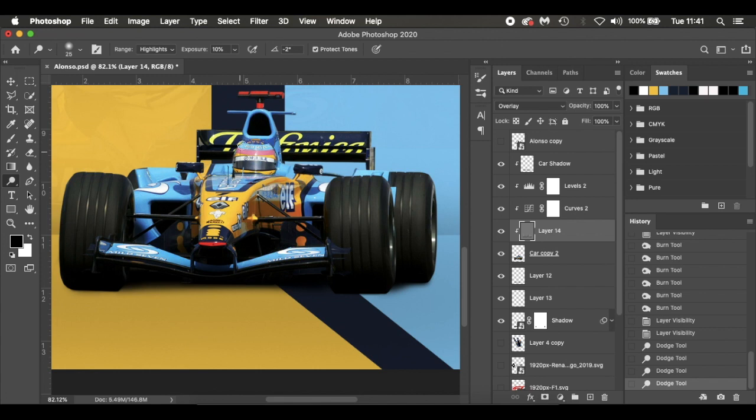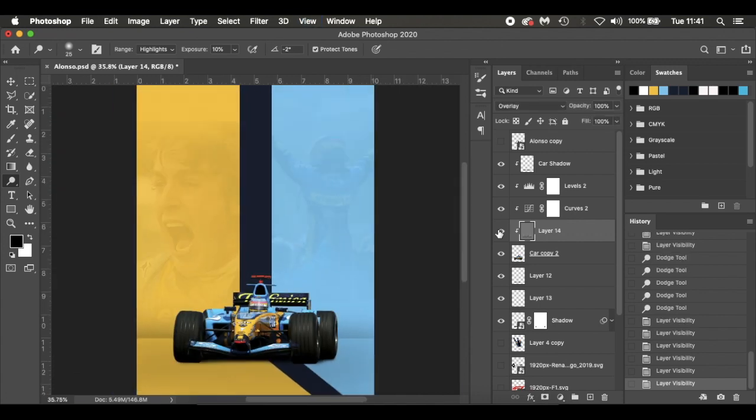And maybe the top of Fernando's helmet there. So you can see that 3D effect that we're going through there. And straight away, just a quick 2 minutes there, looks fantastic, but I can't stress enough really taking your time on that one. Okay, now so with the car copy,